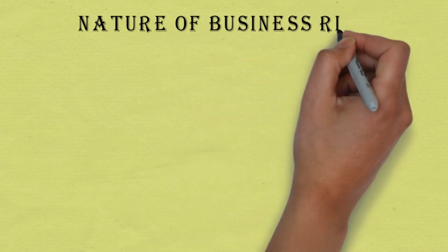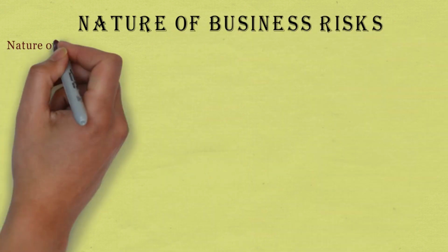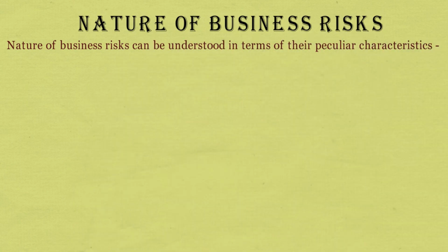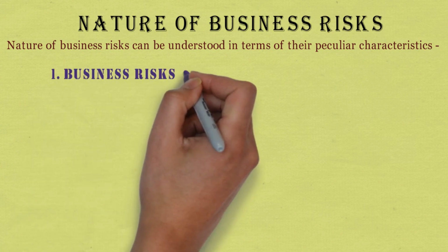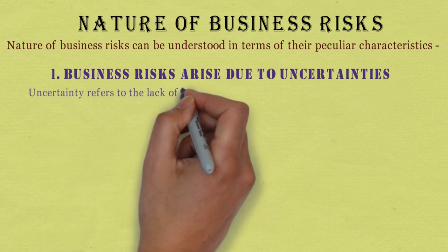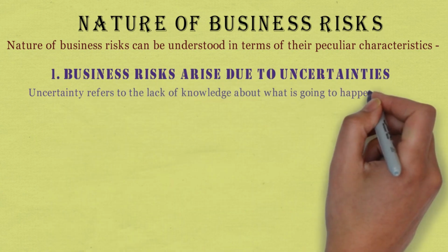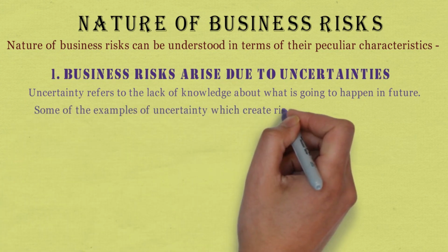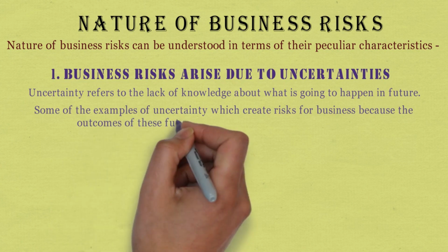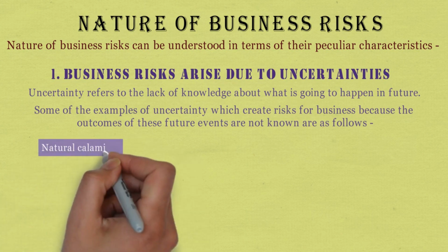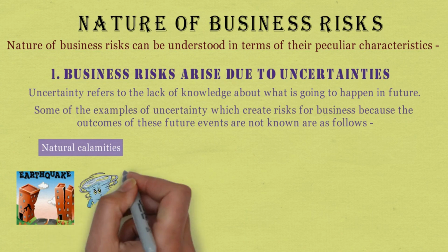Nature of business risks. Nature of business risks can be understood in terms of their peculiar characteristics. Business risks arise due to uncertainties. Uncertainty refers to the lack of knowledge about what is going to happen in future. Let us discuss some of the examples of uncertainty which create risks for business because the outcome of these future events are not known, like natural calamities, earthquake or cyclone,